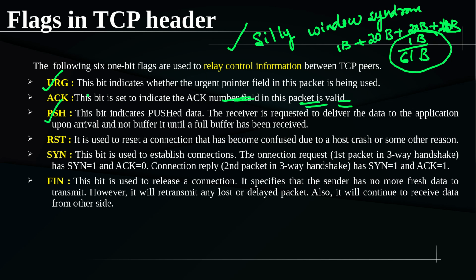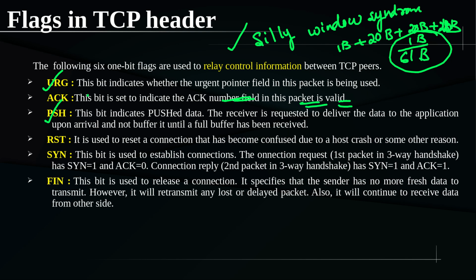So in that case, the transport layer will indicate that the particular segment contains some pushed data by turning that push flag to 1. As soon as it reaches the receiver side, by looking at the push flag being 1, the receiver, without waiting for further bytes, will push that data to the higher layer, so that you get smooth communication, right? So that is its role, but in normal communication it is not that way.